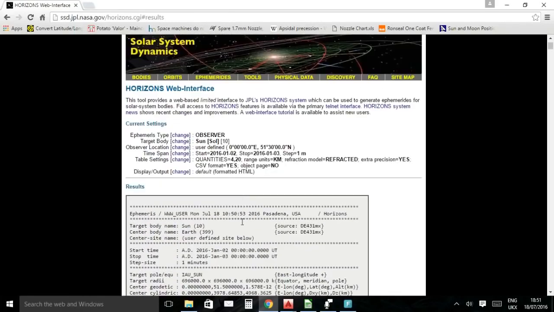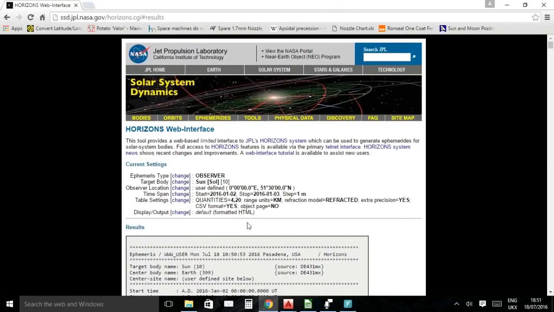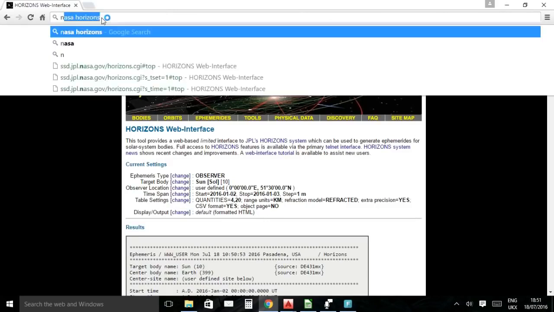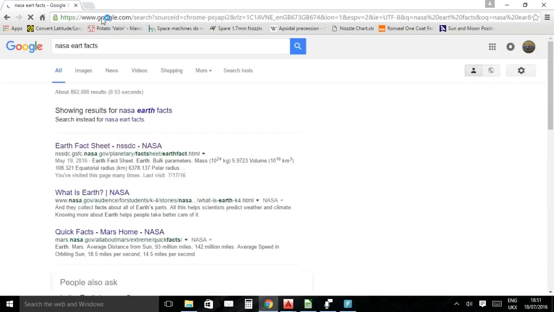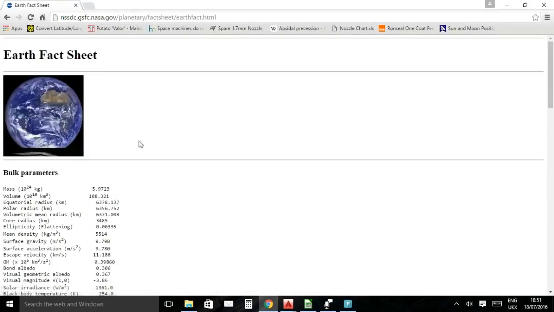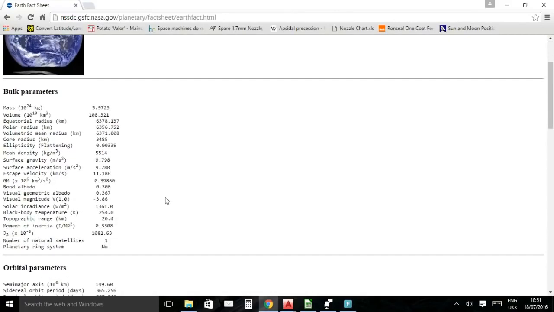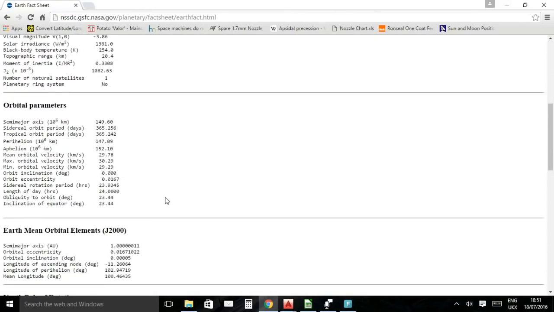So this is where I'm deriving the majority of the information on distances and angles to various bodies. There is another NASA web page that I'm deriving some more data from, and that's the NASA Earth Facts datasheet, which is just here. And what I'm getting from this page is the obliquity to the orbit and the inclination of the equator, which is the tilt of the Earth at 23.44 degrees. So that's the angle that I'm using for the tilt, and the